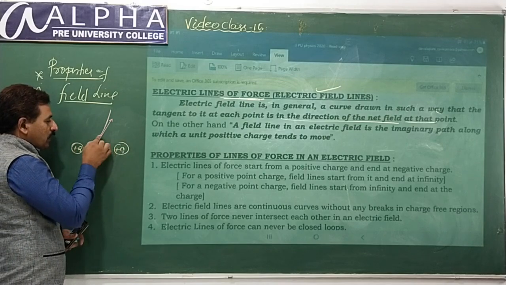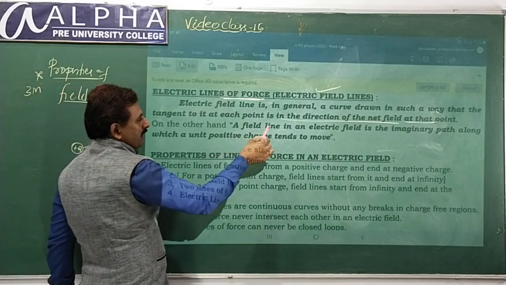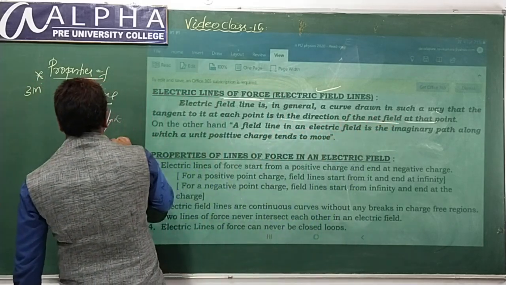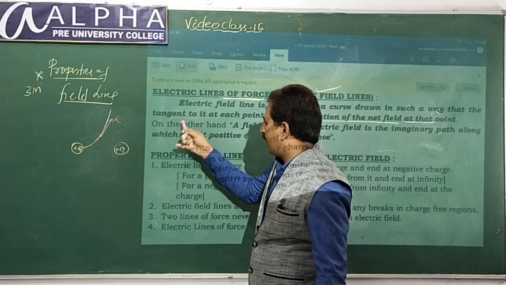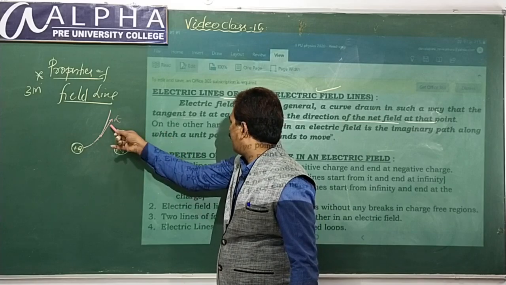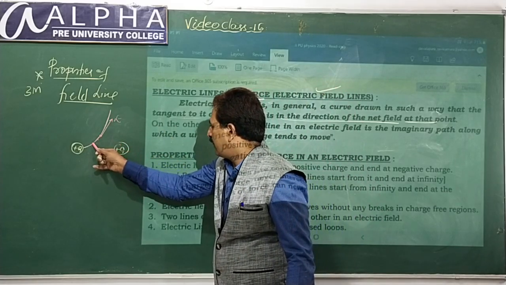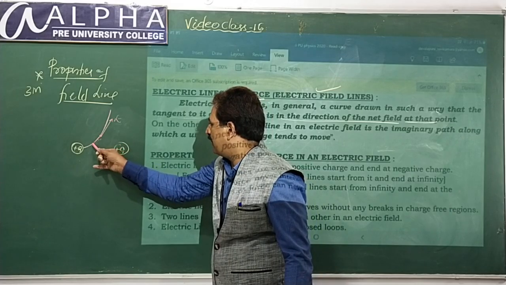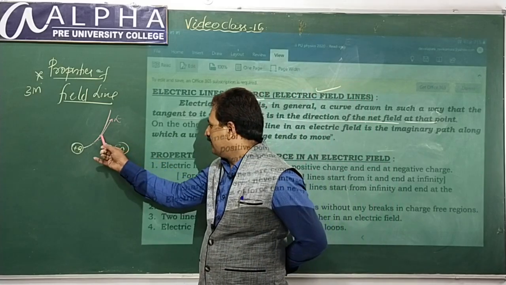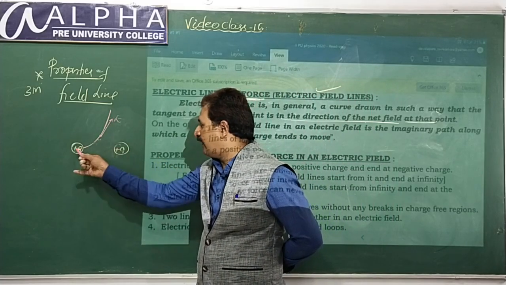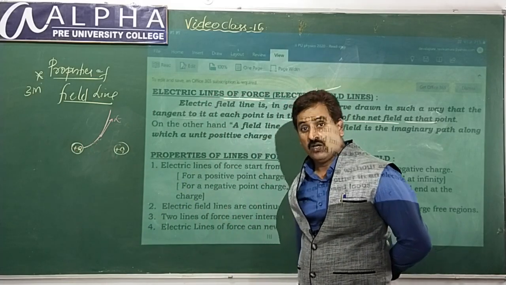When two charges together produce a field, it is called the resultant field. That's why the wording is: a curve drawn such that the tangent at each point, you can write one more tangent in this direction here, is in the direction of the net field. This tangent is the direction of the net field of these two. I showed you how to find the net field. That is actually a field line.